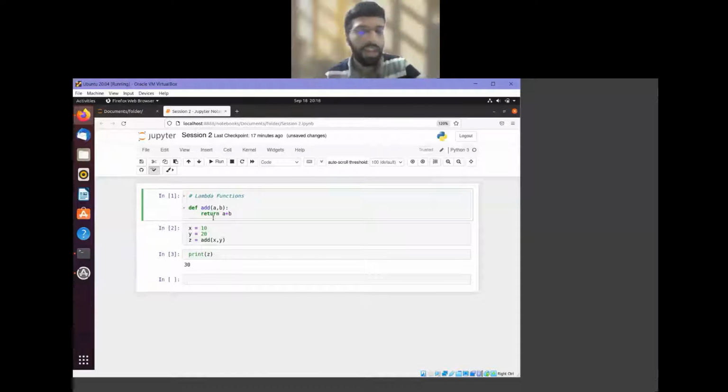Now suppose I want a function at a particular place for a single instance, a one-time operation. If I define it with a name, then I am adding a function just for a single place where it is used. The function may be just a single line function. For that, I would have to add the additional overhead of defining a named function.